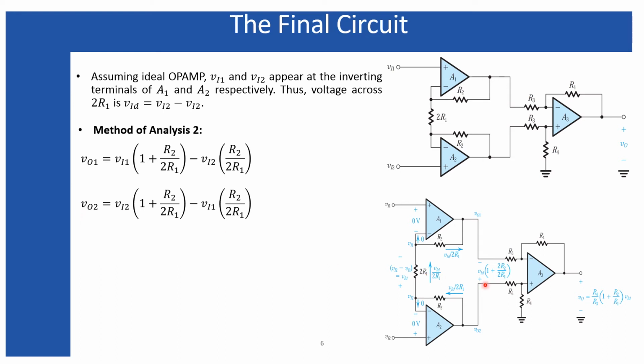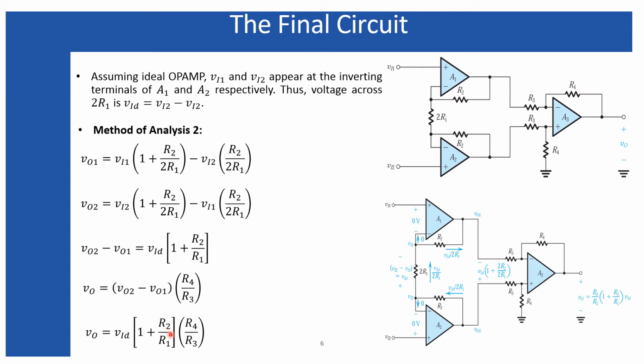And now, what are V02 and V01? These two voltages are basically the differential input voltage for the last stage. So finally, I can get the differential voltage as this one, and this voltage I also obtained in my previous slide. Next step is a very simple one. Just follow the previous steps. That means get the output for the last stage, V0 equals V02 minus V01 times R4 divided by R3, replace this one, and you will end up with the exact similar equation that I already derived in the last slide.